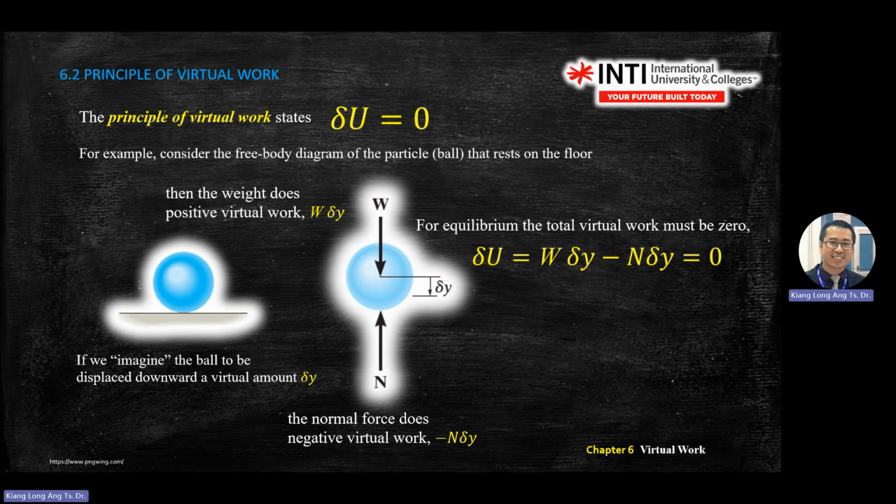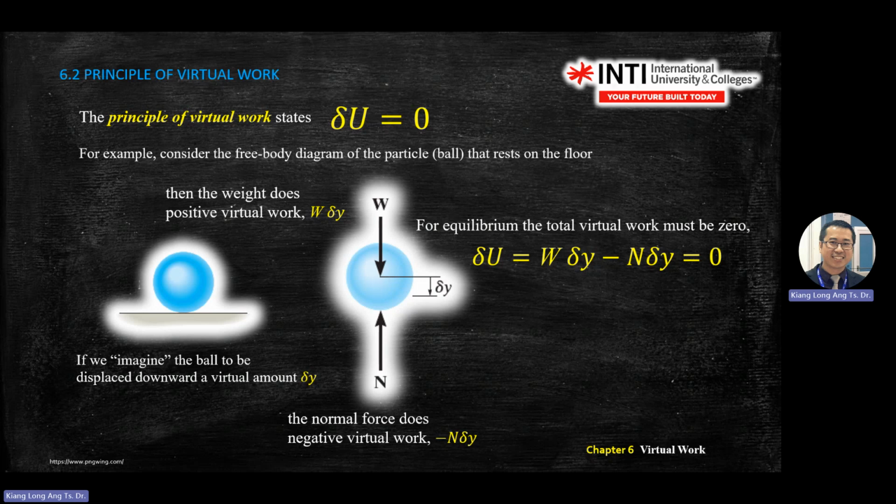So in equilibrium, the total virtual work must be 0. So if the question asks you to use the principle of virtual work, it means you need to write delta U equals 0. Then look at the system. Work only